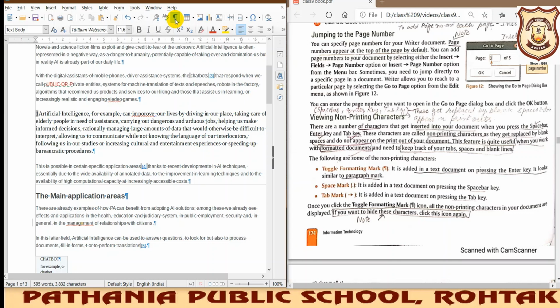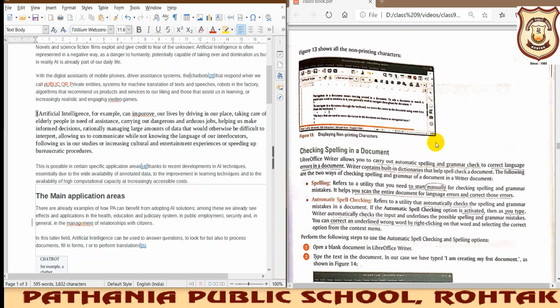When you press it, it will do a certain function, and when you press it again, it will do the opposite. So this is again the same type of key. If you press it, it will give you the marking pattern, and if you press it again, it will remove all the non-printing characters from the screen. I hope this is clear, beta.